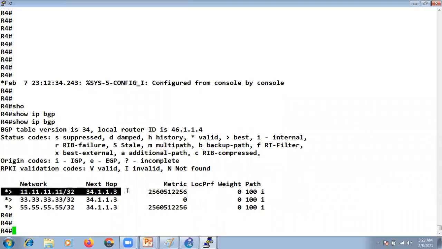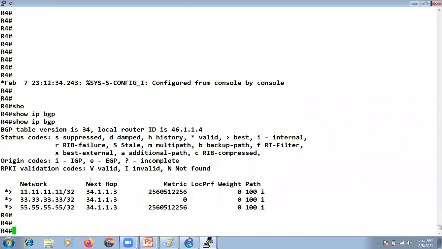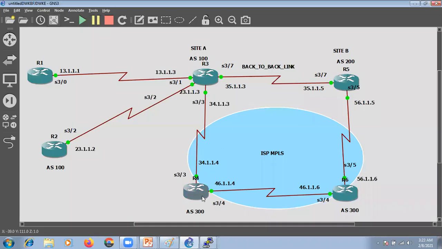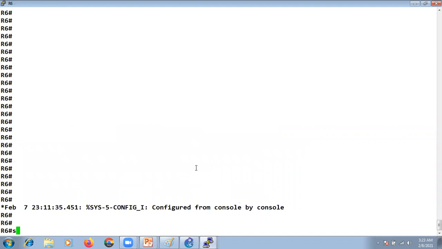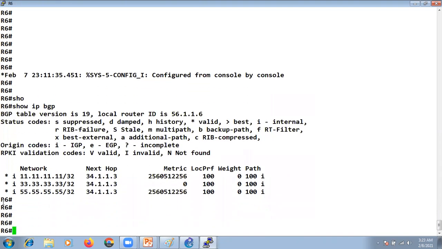So you see, this time the next hop is 34.1.1.3. Now R4 has neighborship with R6, so R4 will advertise the routes to R6. If I go to R6, show ip bgp, R6 is installing the routes 11.11.11 and 55.55.55, but these are not best.